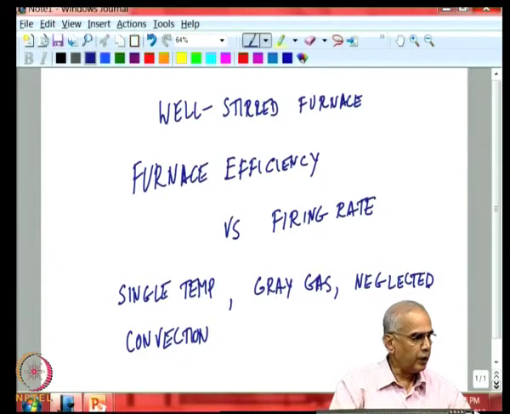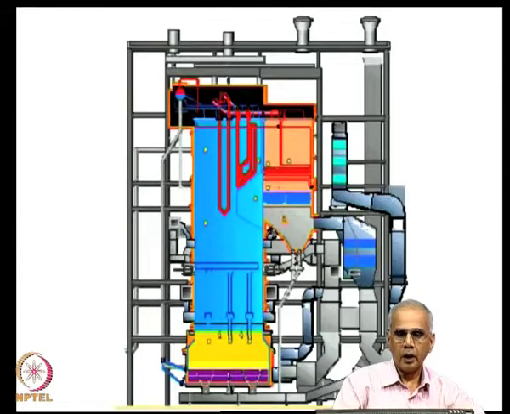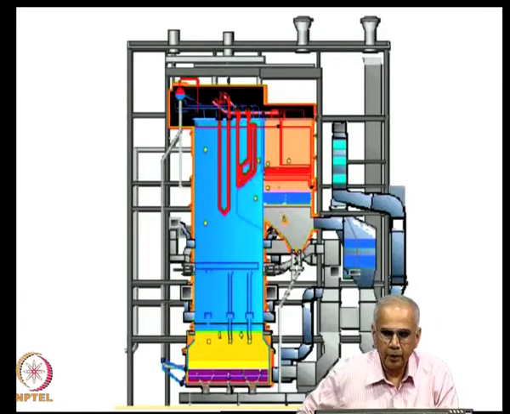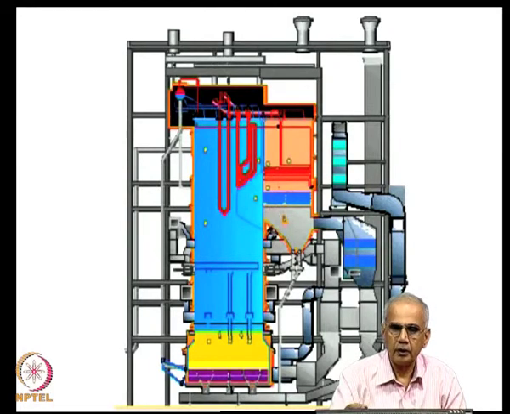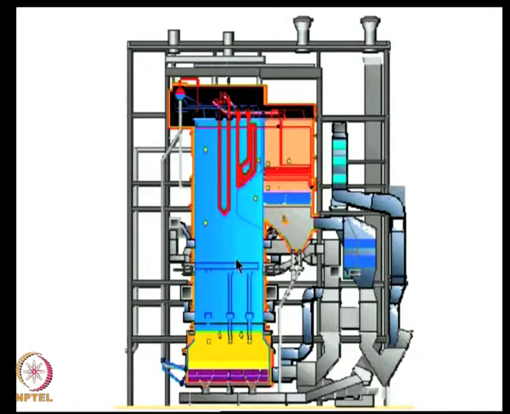To illustrate this point, this is a typical power plant furnace, and the region which we were modeling is this portion, the so called radiant section of the furnace, and we treated this all at one temperature, which is not true. There is a large gradient between where the flame is to where the gas are going out, and we will see how to correct for these kinds of differences.